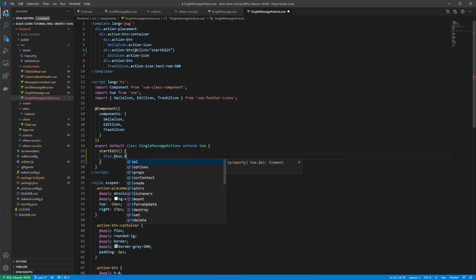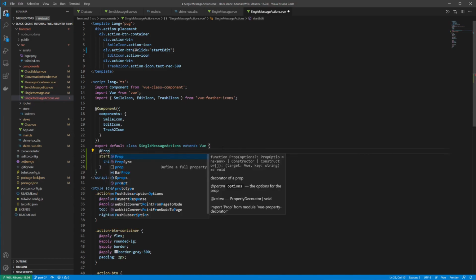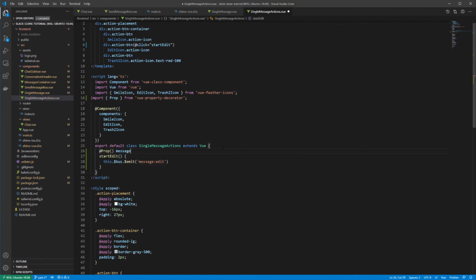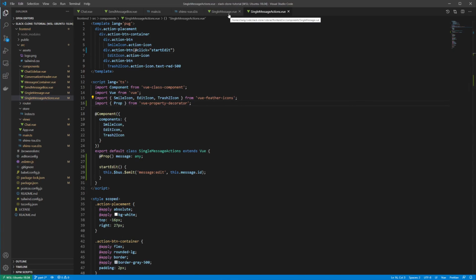We're going to emit a message, right? Kind of similar to the other ones. And we need to know which message is being edited. So actually we'll probably want to take a prop in here too for the message. And that way when we actually click this, we can emit the message as a payload. Because again, you need to know which one specifically you're trying to edit. So actually, let's just pass the ID. Then if we come back to the single message,